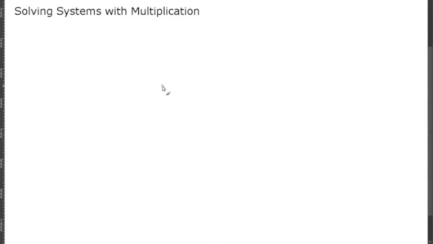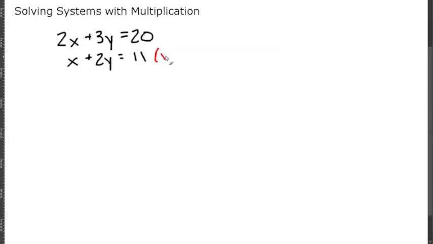In this video, I'm going to show you how to solve a system of equations using multiplication. If you're given a system of equations 2x plus 3y equals 20 and x plus 2y equals 11, there's no way to add or subtract these to where one variable would cancel out. What we can do is multiply the second equation by 2, and then we'd have 2x on the bottom and 2x on the top. So if we multiply this equation by 2,